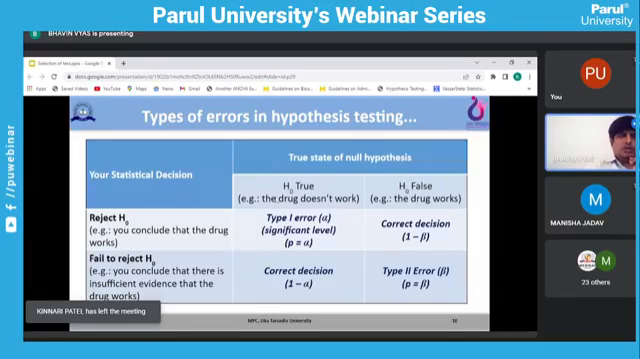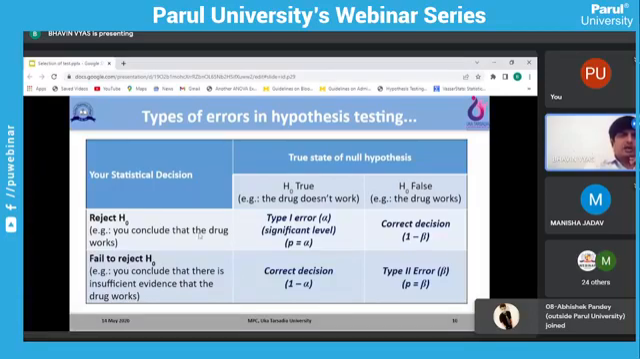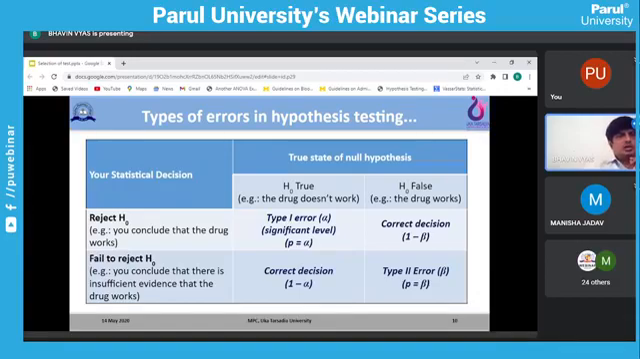So in reality, what is there? The drug is not working. But by doing experiment and by doing statistical analysis, you are saying the drug is working. So this is error. This type of error, very much a blunder, is known as type 1 error, also famously known as false positive, which is noted as alpha or significance level. We will be controlling this error by prior